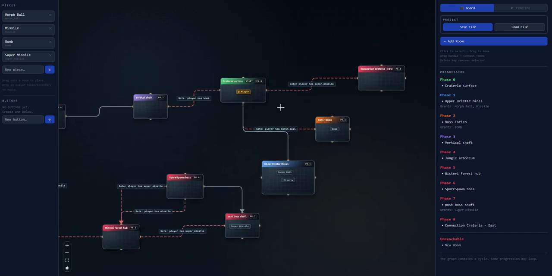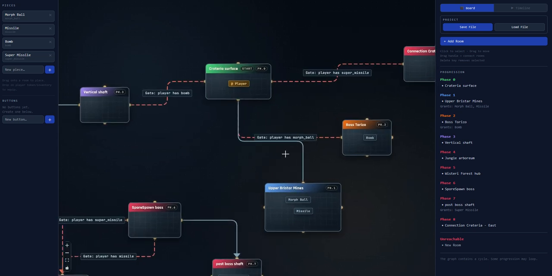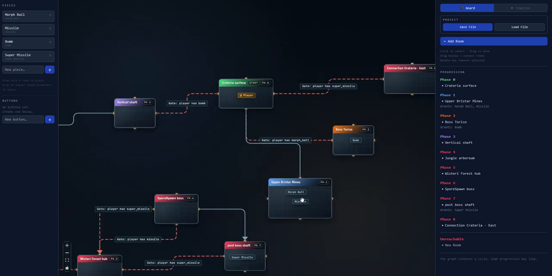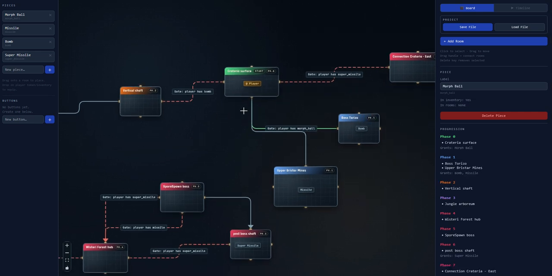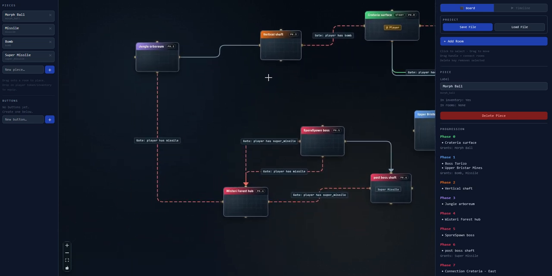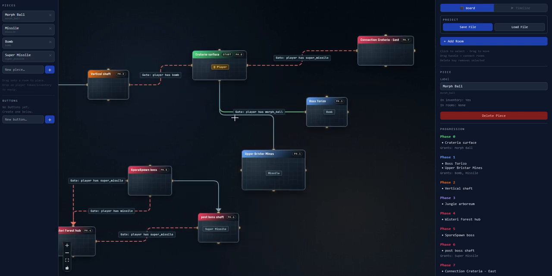Anyway, so if we want to analyze what the map would look like if we had the morph ball, just drag it onto the player. Now it's in his inventory, and suddenly you can actually reach this area here. A lot of other gates are open. No, actually, no other gates open. Anyway,